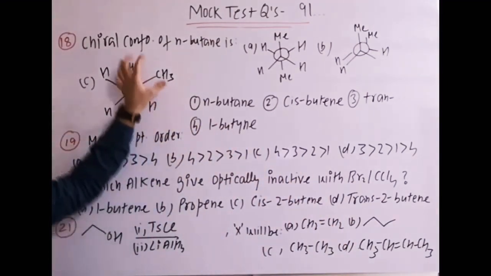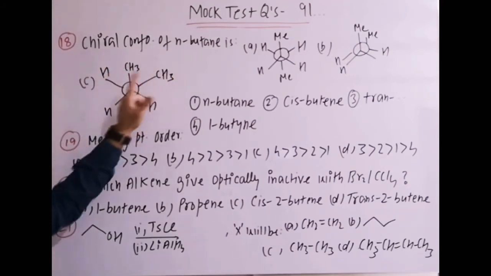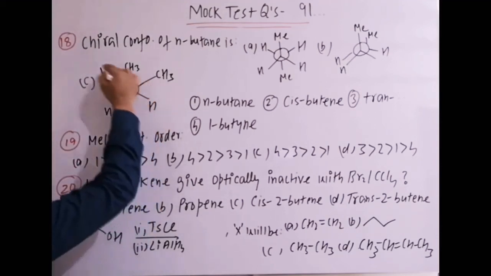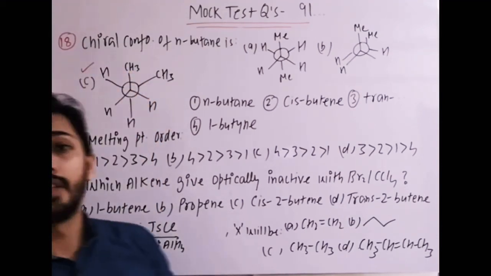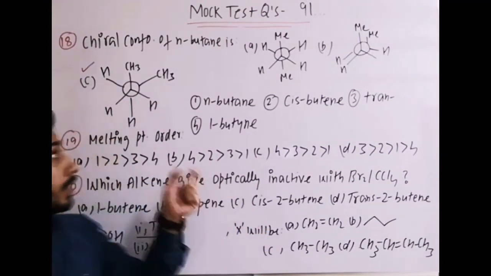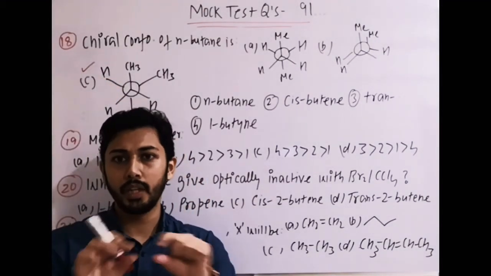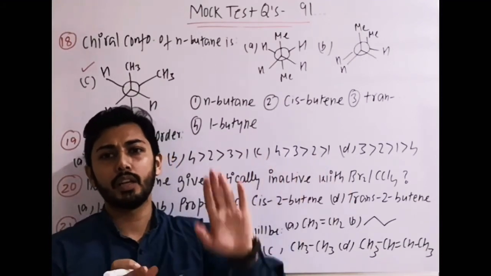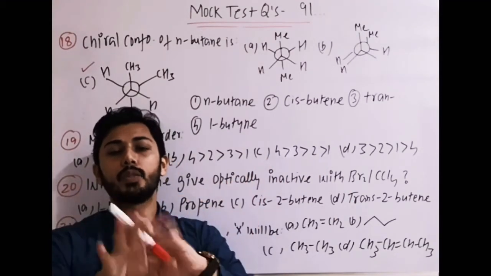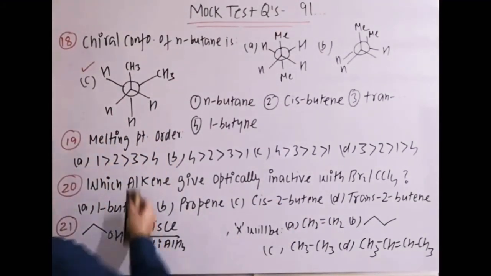So the gauche conformation is at 60 degrees, and then at 120, 180, then 240, and then 300. Sorry, at 300 also there is a gauche conformation, and in the gauche conformation there is no symmetry, no POS, no COS. Therefore, we take that this conformation of n-butane is chiral, but remember overall it is optically inactive because there is only interconvertibility. So if one chiral form is there, its mirror image is also there, and that's why overall it is optically inactive.